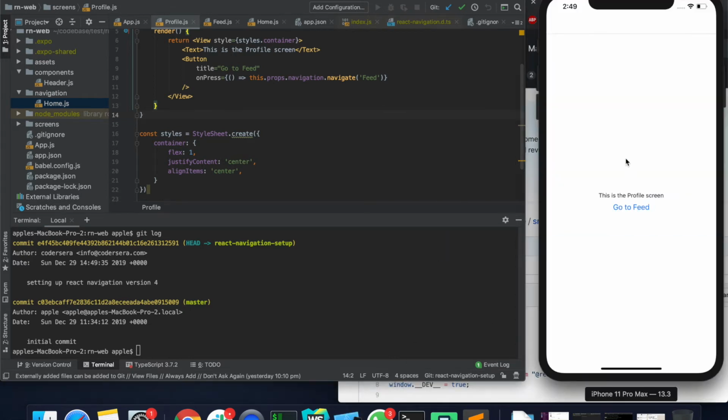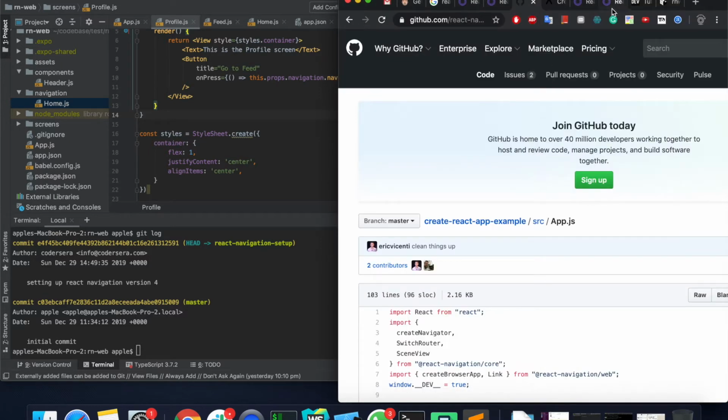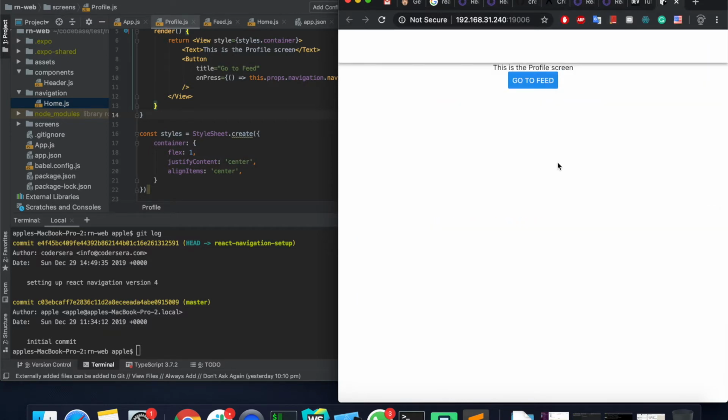So as we saw, we were able to run the React navigation in the iOS simulator, and it would also run in the Android simulator as well. So let's see how it works on the web. If you open the web browser, we can see that it's already working